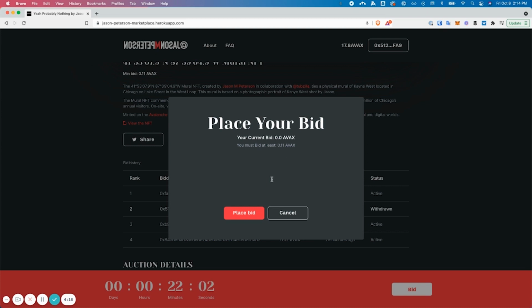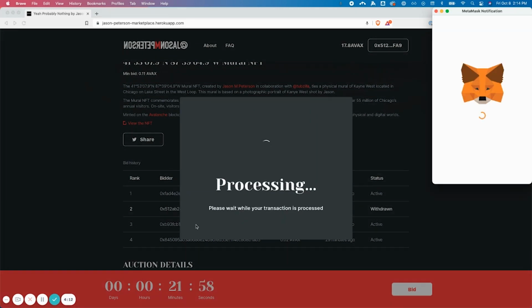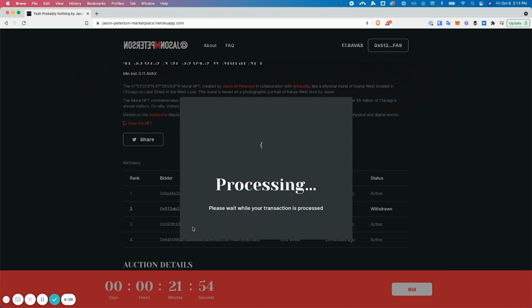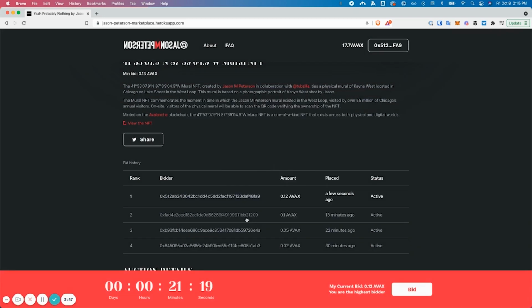We'll go ahead and bid 0.12, place the bid, confirm the transaction with MetaMask, and within a few seconds, the transaction will go through and we'll see if we're the highest bidder. Our transaction went through, and we can see in the bottom right here, we are currently the